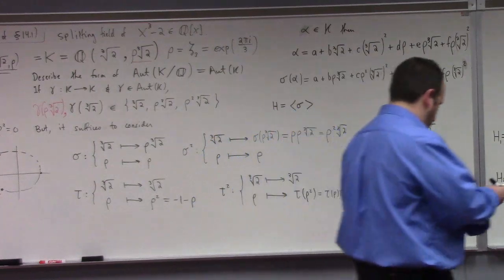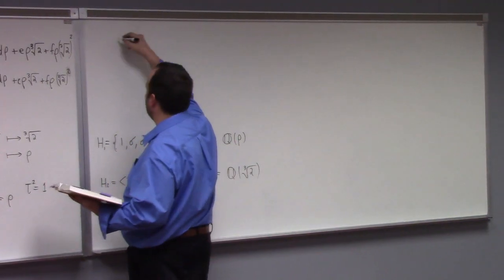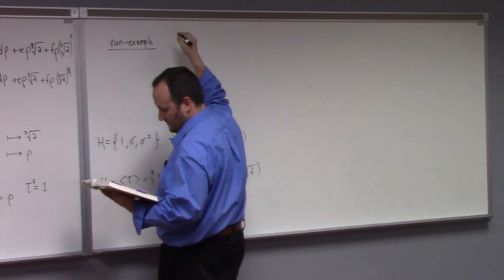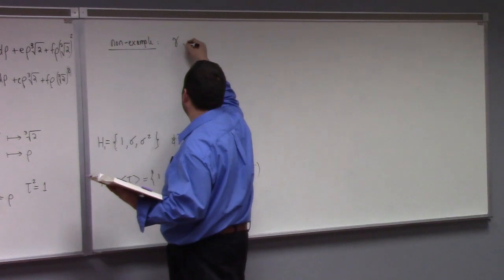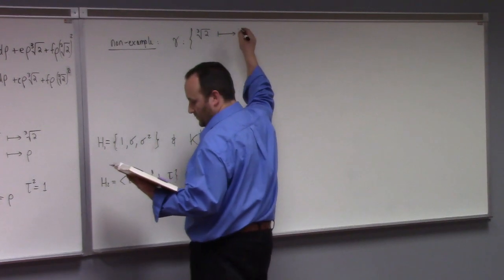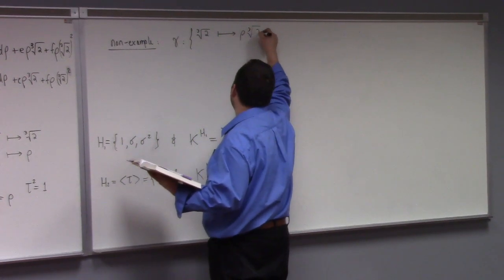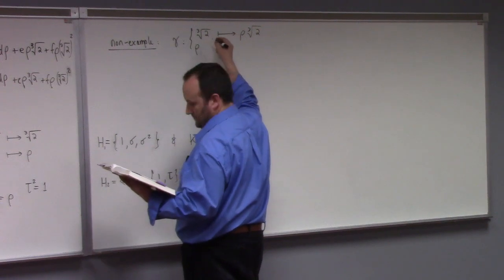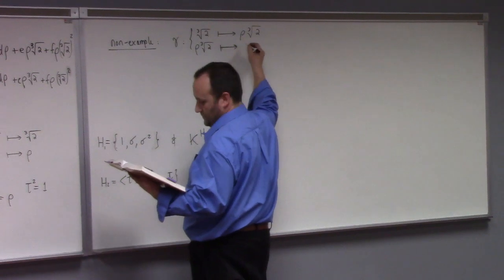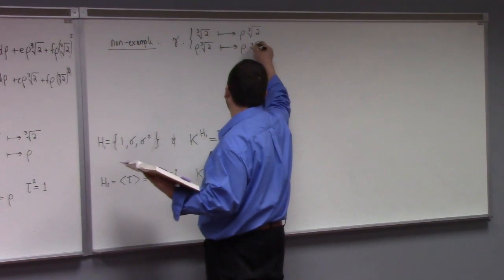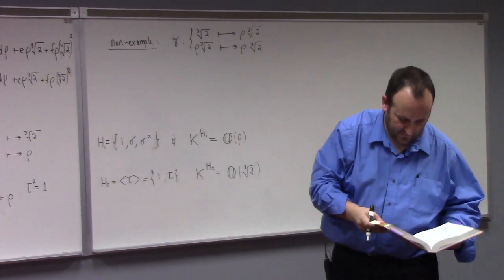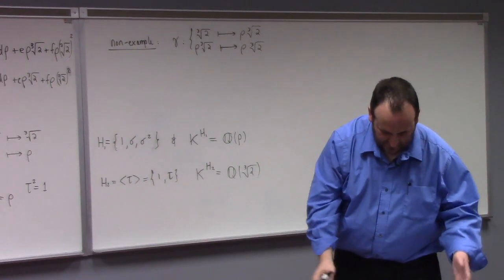Now, continuing to work on here, he says, a non-example. He says you've got to be careful. So here, let me call this a gamma. Let's say gamma is defined by sending the cube root of 2 to rho times the cube root of 2, and rho times the cube root of 2 to rho times the cube root of 2. In principle, you could do this, but